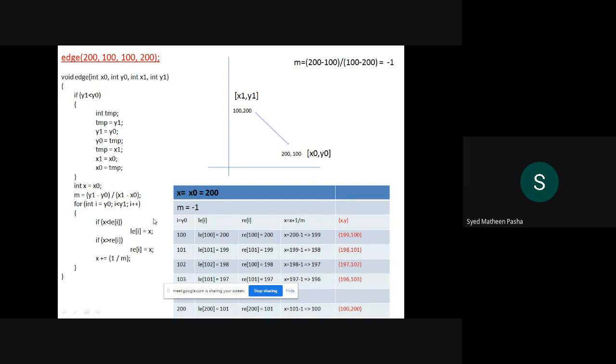Then I will put a for loop so that I will check that particular x. If x is lesser than the left edge of y, the x value will be given to LE of y. If x is greater than RE of y, RE of y will be equated to x. Then I'll calculate the next x value by adding the slope, that is 1 by m.